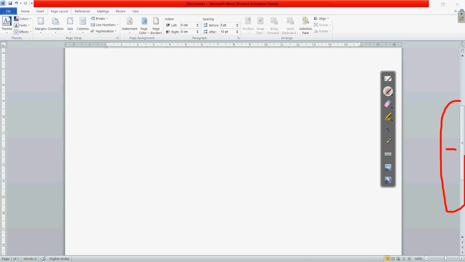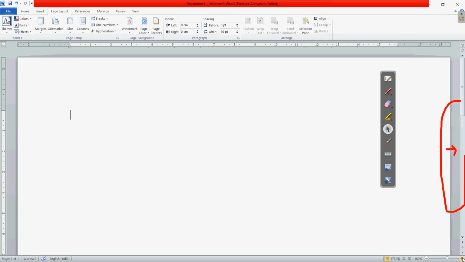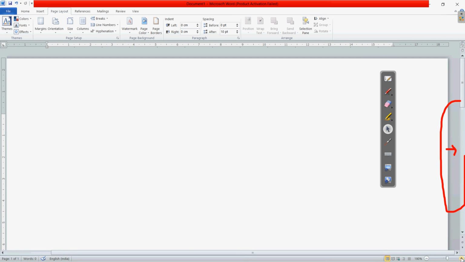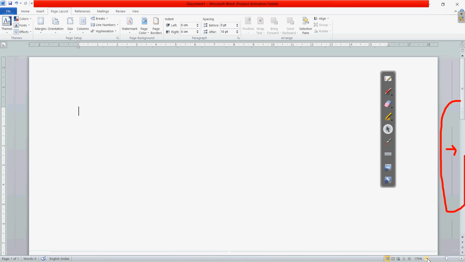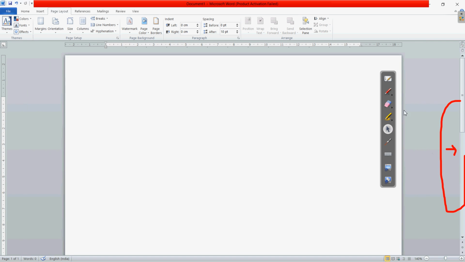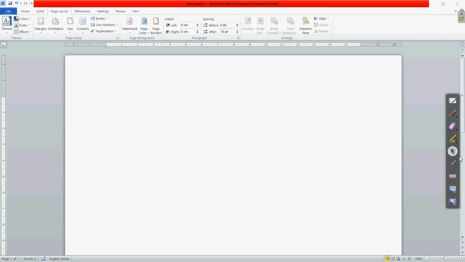You can see this bar when it is up and down. If I zoom in, let me zoom the page. If I zoom and it is more than this window, then this scroll bar will also come, left and right. So if you scroll it left or right, it will move the page, the document, in that direction. Clear? So these are the scroll bars which will be used for scrolling the page left and right or up and down. Okay, so related to the document we can scroll the page accordingly.